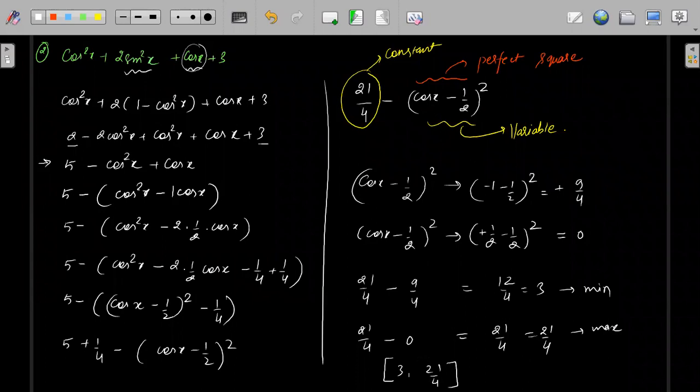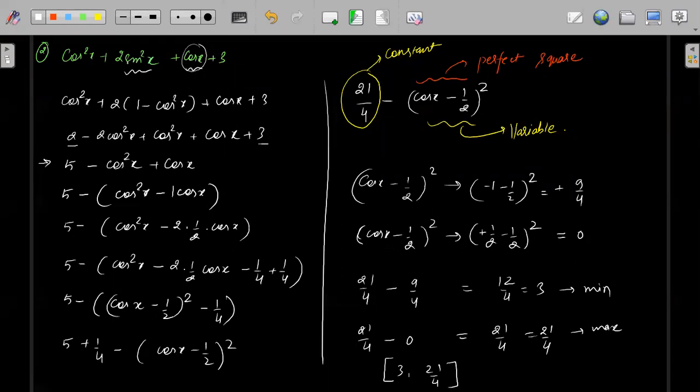Yes. Everyone understood? If cos x becomes minus 1, to find the maximum value of this thing, the magnitude of the inside should become maximum. So the maximum magnitude will come when minus 1 by 2 is added with something, that means minus 1 by 2 added with a minus 1. So this will become minus 3 by 2. Minus 3 by 2 whole square becomes 9 by 4. This whole thing is a square, so the minimum value this thing can take is 0.